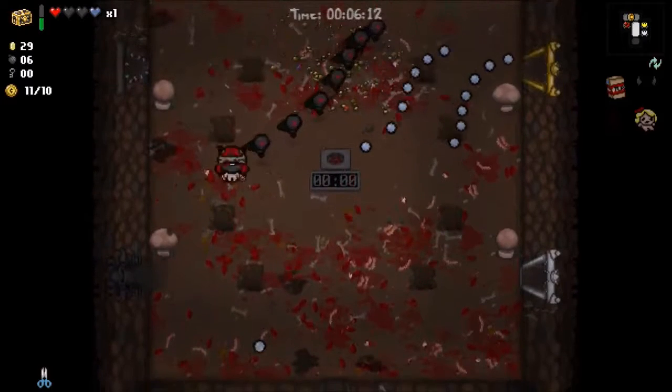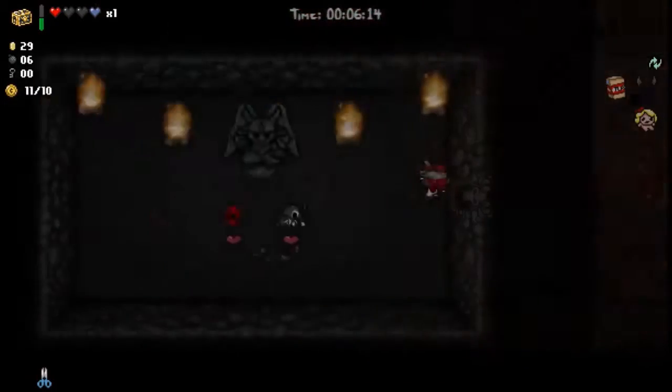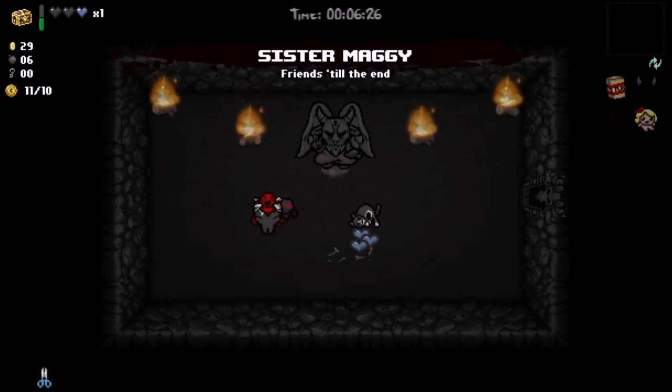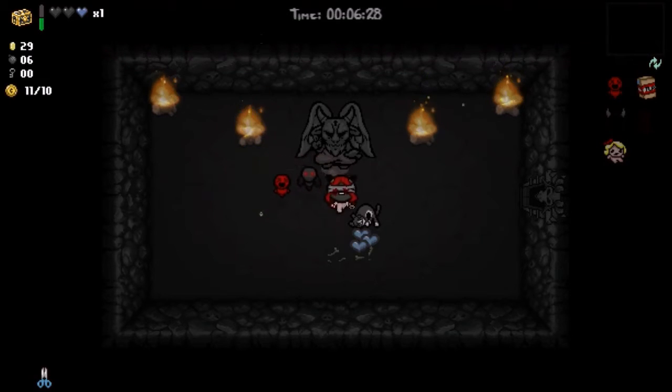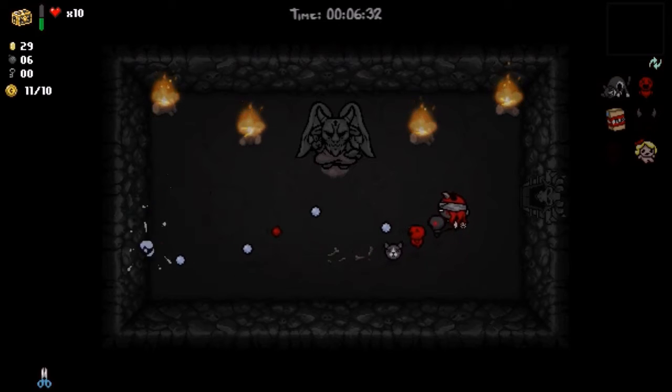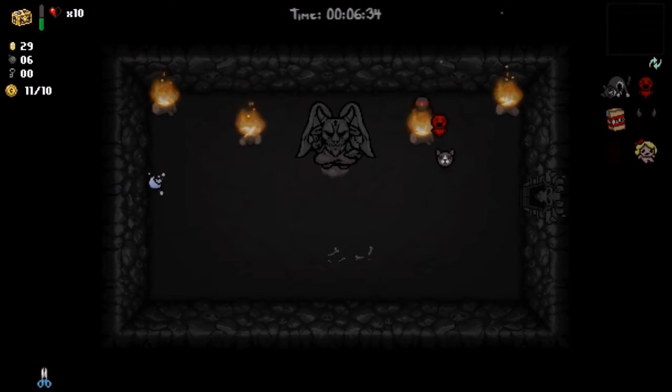And that was my fault, I'll admit that. Okay, so we definitely... How do we want to do this? I think we need to kill ourselves first before picking up Dead Cat. Well, I hope this will kill us. No, it didn't. Ah, shit. How do we...